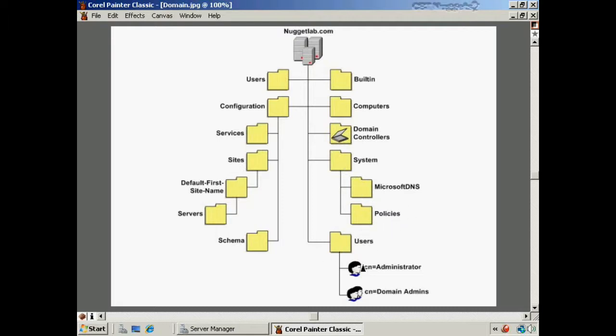We also have user accounts, and again, this is just going to be a container, but we'll have the default administrator account, the domain administrator account, for example, and the domain admins, and a bunch of others. I just put a couple of examples in there. And by the way, you might look at this and say, what does this CN equals mean right here at the beginning of this? Well, that's part of the LDAP